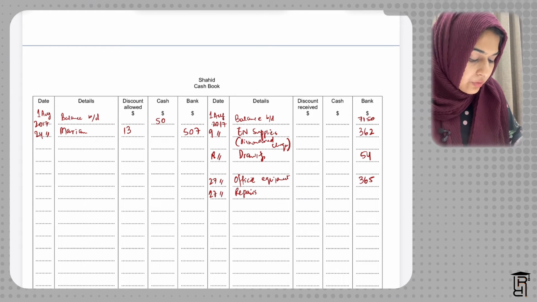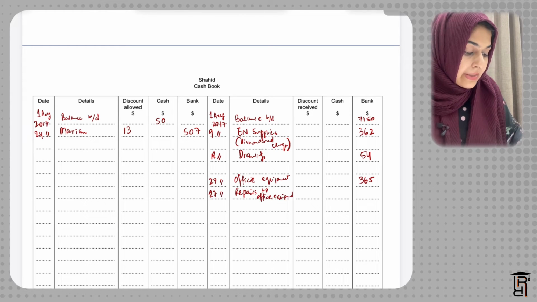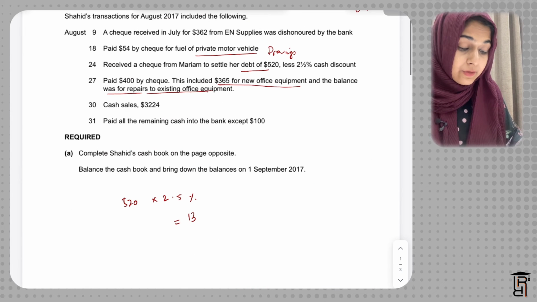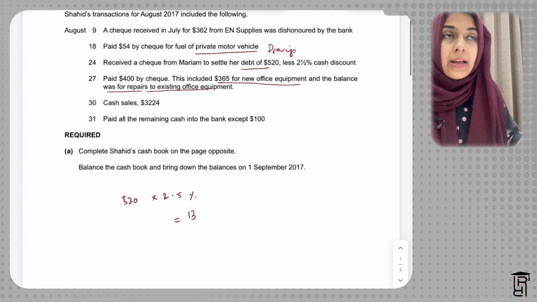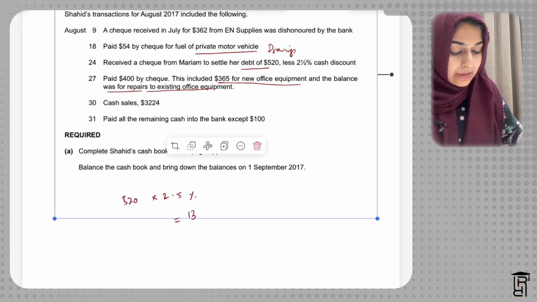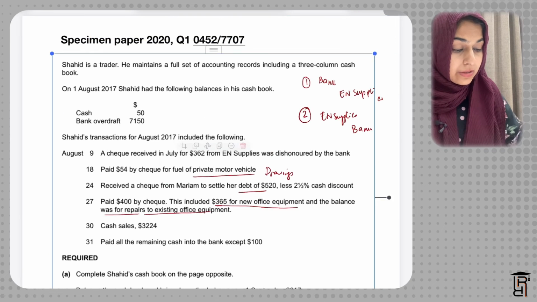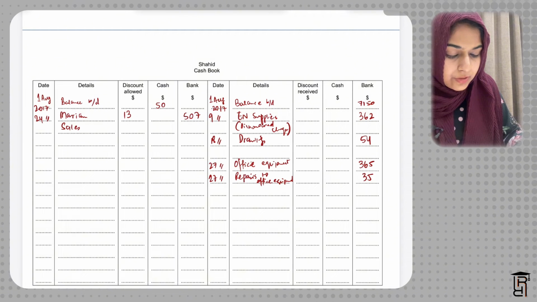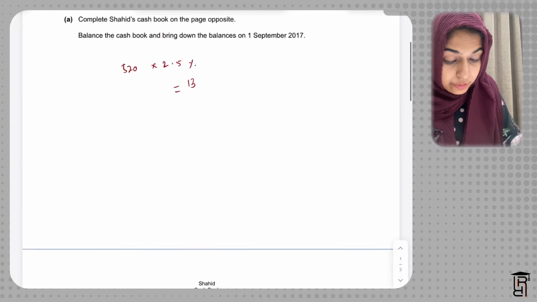I write here 35 because 400 minus 365 gives me $35 for repairs to office equipment. Then they are saying cash sales 3224. So basically cash sales, whenever you are selling for cash is being debited, sales is being credited. So I write this on the debit side of my cash book. I write here sales, and I write here 3224 in my cash column, and this is going to be